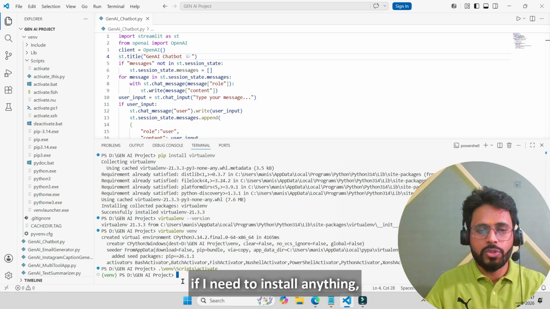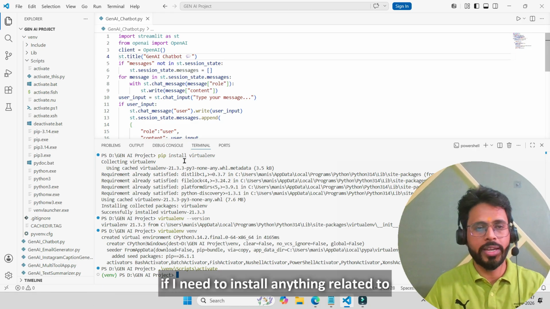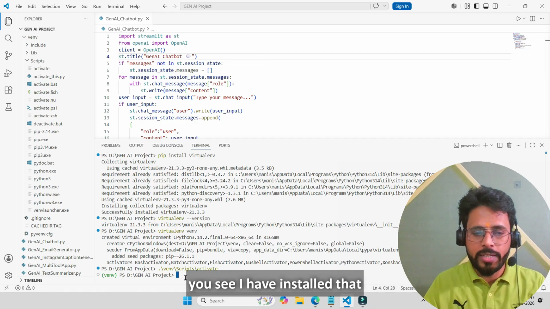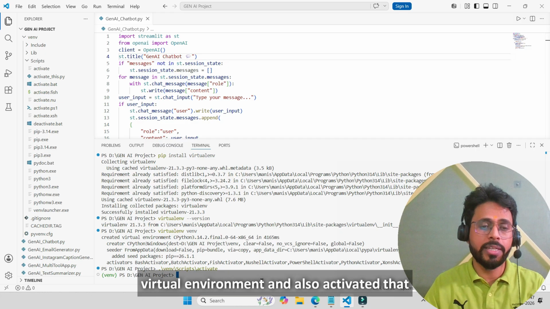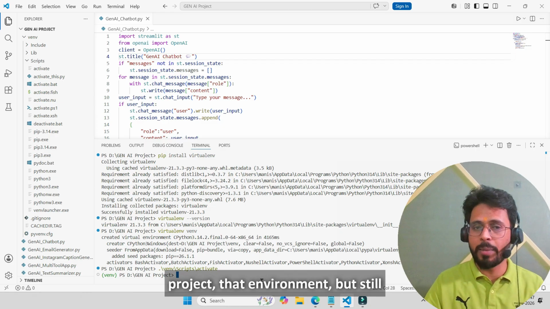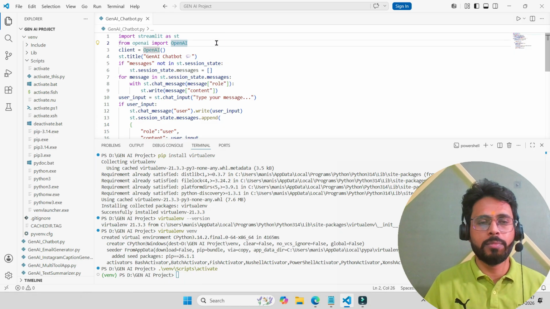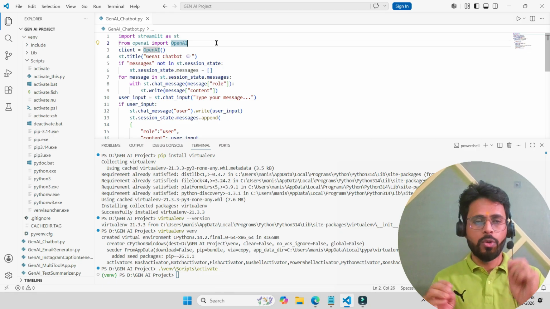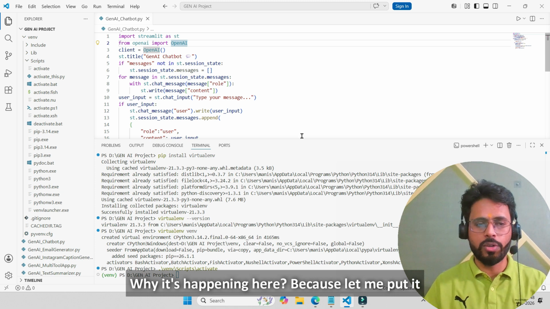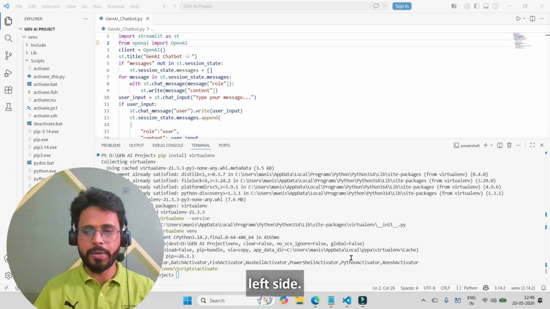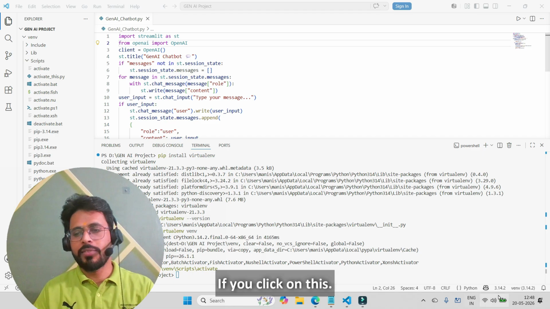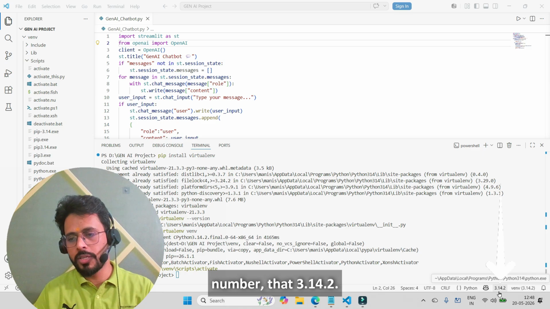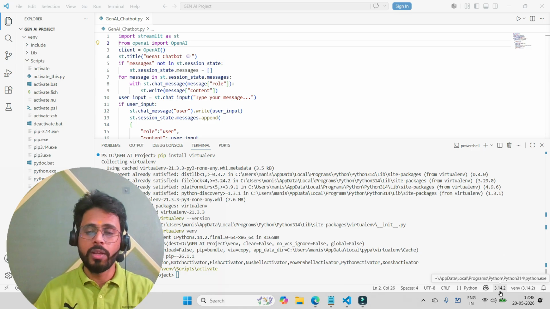Now if I need to install anything related to that project, I can install it here. Now you see I have created that virtual environment and also activated it, but still I'm not getting an error. Means it says that it is already installed in that virtual environment. Why is it happening here? Because, let me put it on the left side. If you click on this right side, this version number, that 3.14.2,